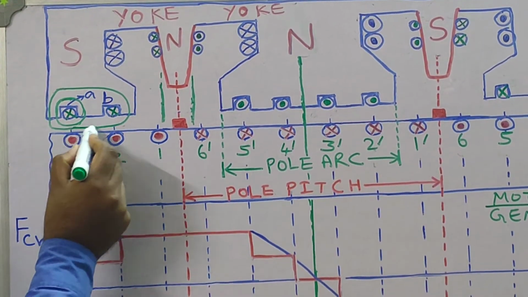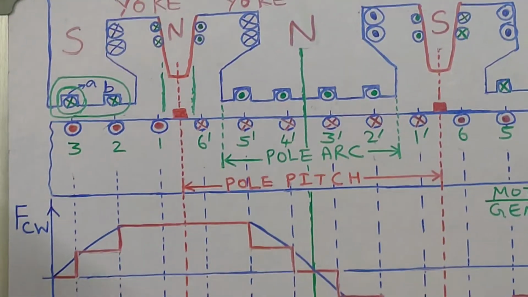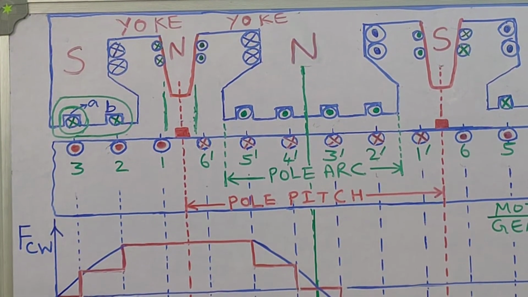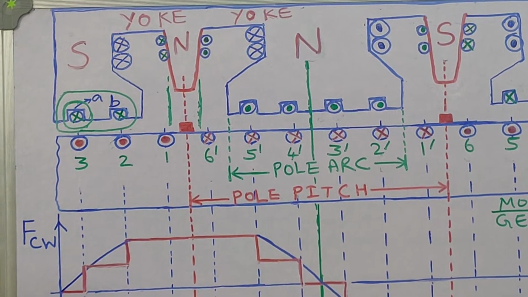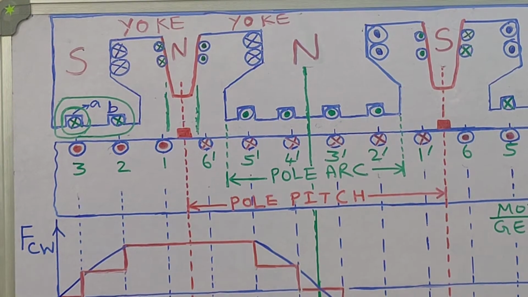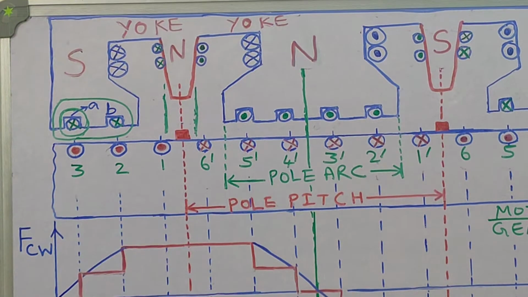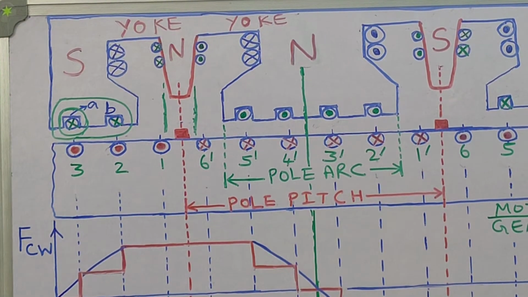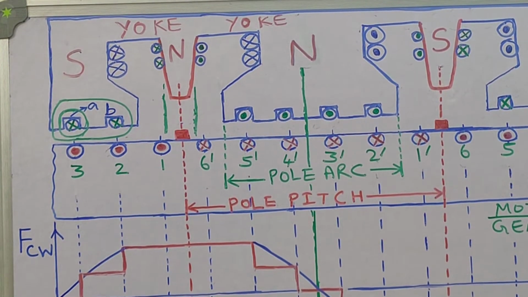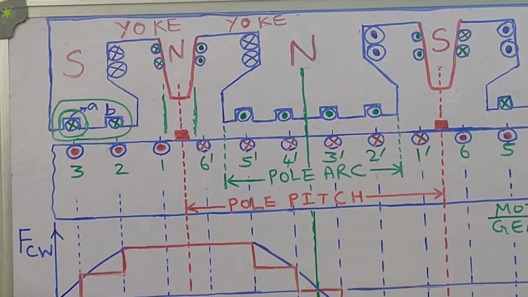Actually, you will find that the compensating winding and the armature winding are connected in series, so as to make sure that even if there is a change in armature current due to the change in the loading on the machine, the MMF of the armature and compensating winding adjust on their own, so as to make sure that the MMF under the pole faces is cancelled by the MMF due to the compensating winding current. So the compensating winding conductors carry armature current only, that is Ia,